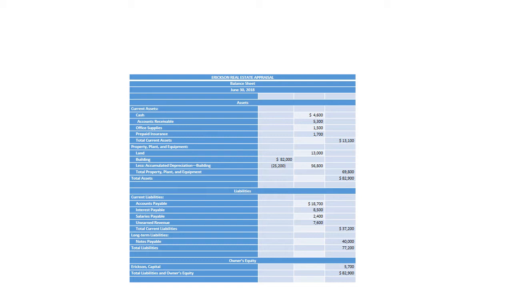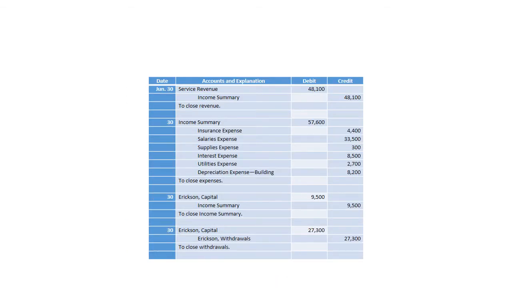Okay, once we're done with our financial statements for the year, remember, now it's time to clean up. We just had the party, it is time to clean up. Now we must do our closing journal entries. Remember the purpose of a closing journal entry. It's to reset or clear out the temporary accounts so that they will have a zero balance in them after you post these